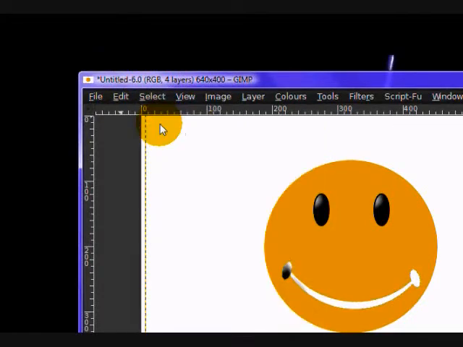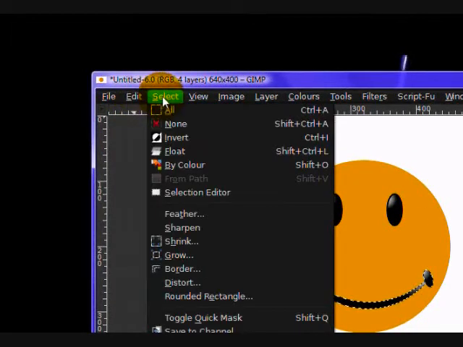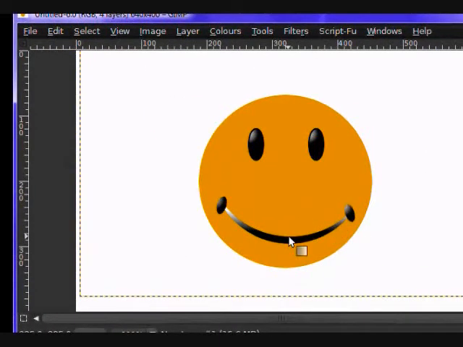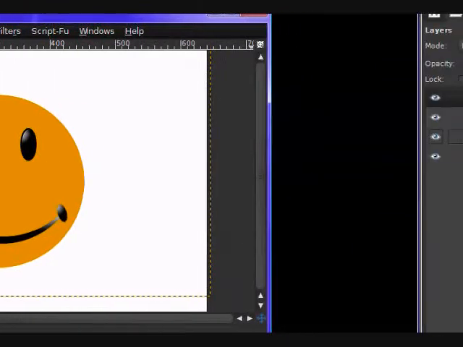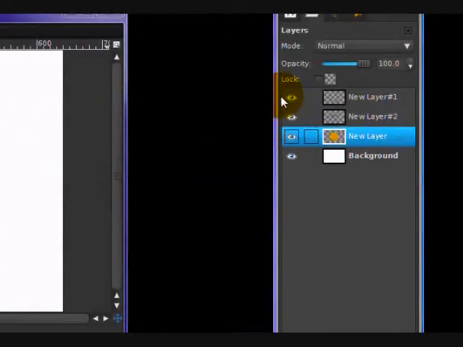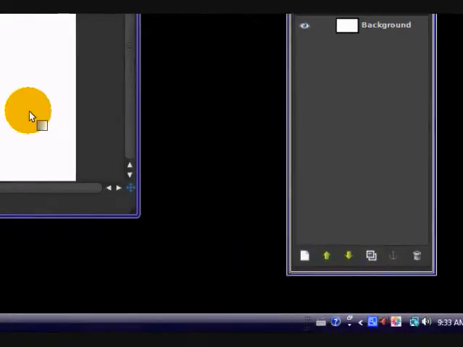Except for some reason the gradient tool does not agree with me right now, so I'm not really going to go there. It will make it look more realistic if you want to do that. Now what you want to do is right click on your yellow circle layer, click alpha to selection. Now you want to click create a new layer in your layers dialog